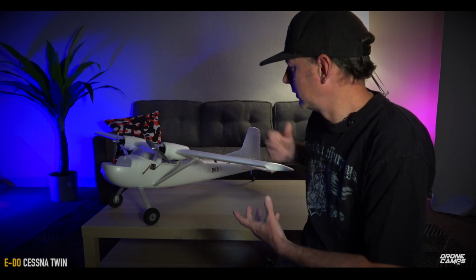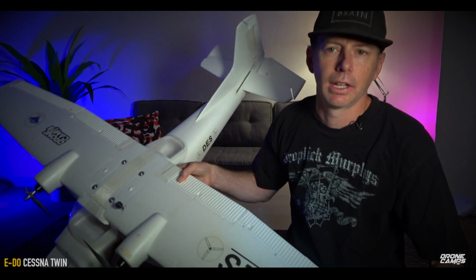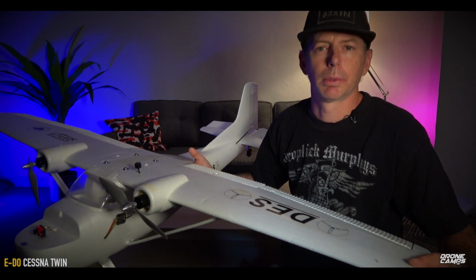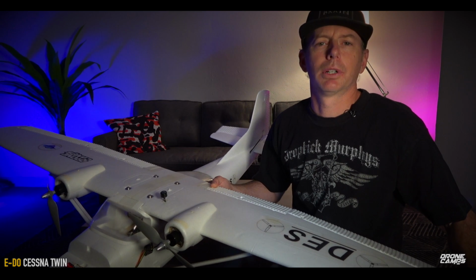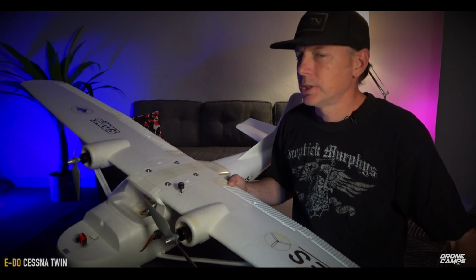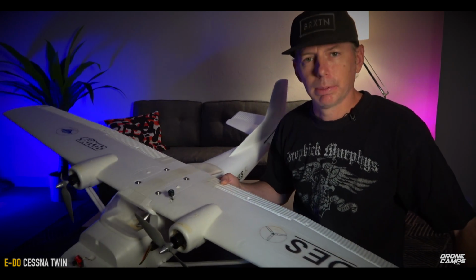But the only thing about that one is that it is so big that I don't take it out all the time. This one is big, but it's not big enough that I can't put it in my van and take it out. And I just bought a huge Sprinter van, so I could pretty much put my Skyhunter in there now without taking the wing off. But that was the whole point of getting a Sprinter van, right? So you can put any of your hobby planes in there, yeah. But this one you could comfortably put in the back seat of a car